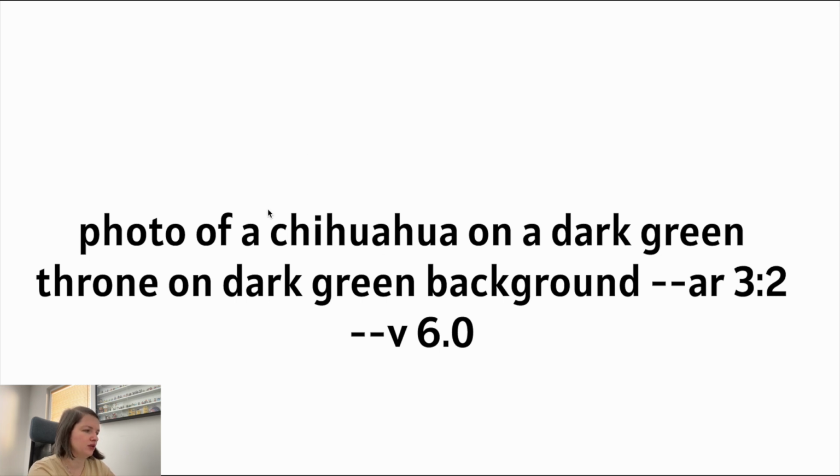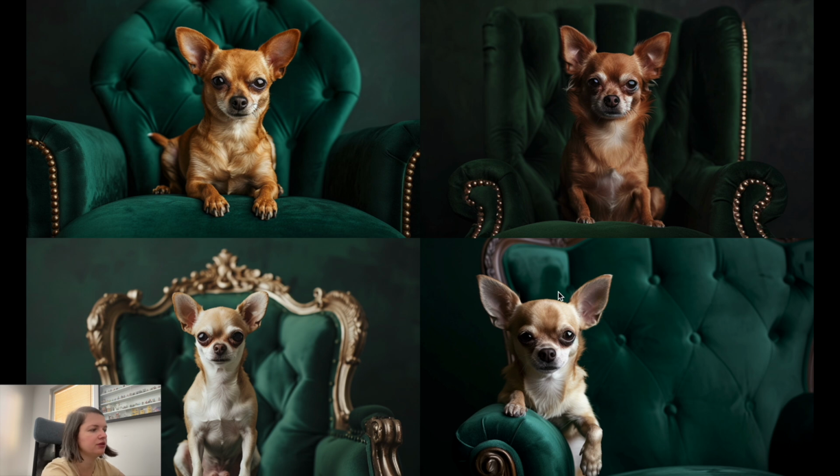So I will specify a breed of a dog. I'm going to choose a Chihuahua. And in most of my pictures I like to specify a color scheme. So we want a green throne and a green background, and this is what it gives us. You can see that the result is pretty consistent, and it's basically a usable image that we can upload on Adobe. But there are of course more things that we can do